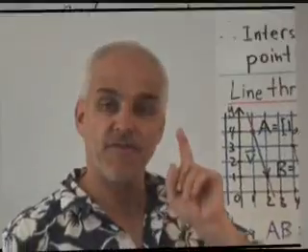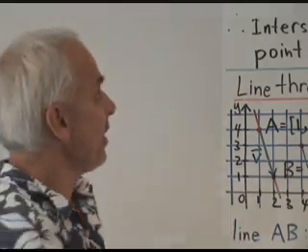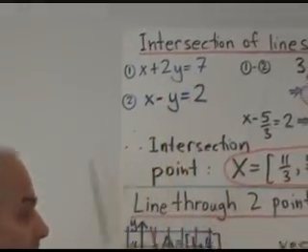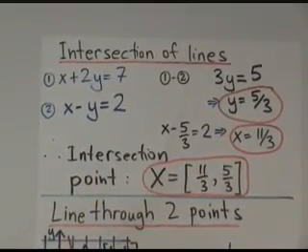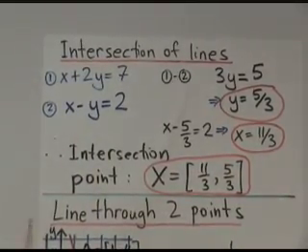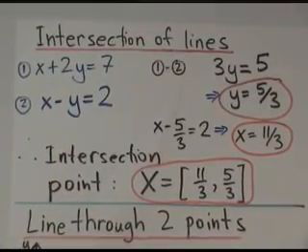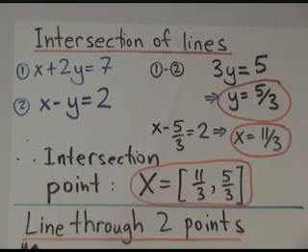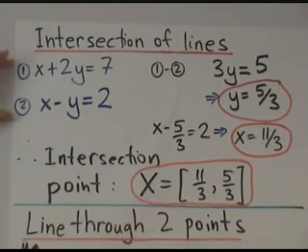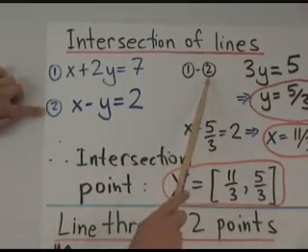Alright, so let's have a look at this fundamental problem of how to find the intersection between 2 lines. Here are the 2 lines, x plus 2y equals 7 and x minus y equals 2. Finding the intersection is the same as finding a pair of numbers that satisfies both of the equations. In other words, we have to simultaneously solve these 2 equations. In this particular example, we do it this way. We take equation 1 and we subtract equation 2.